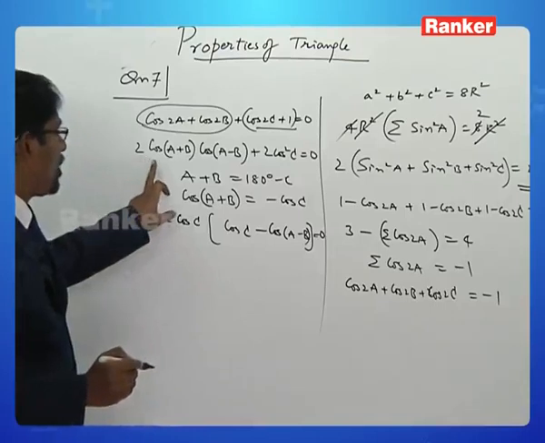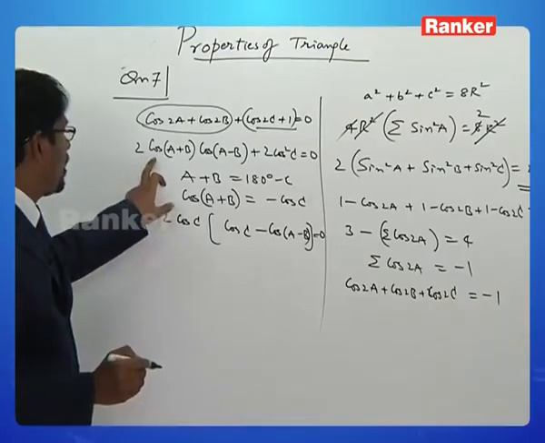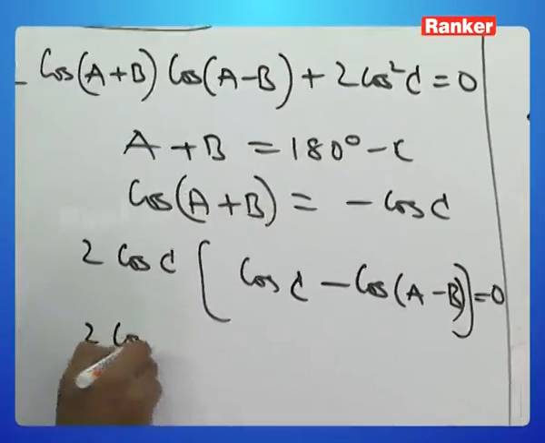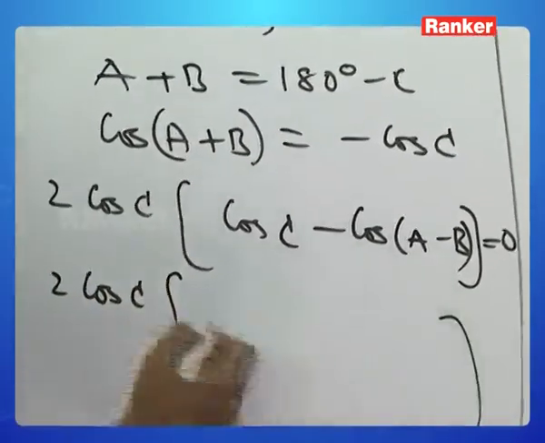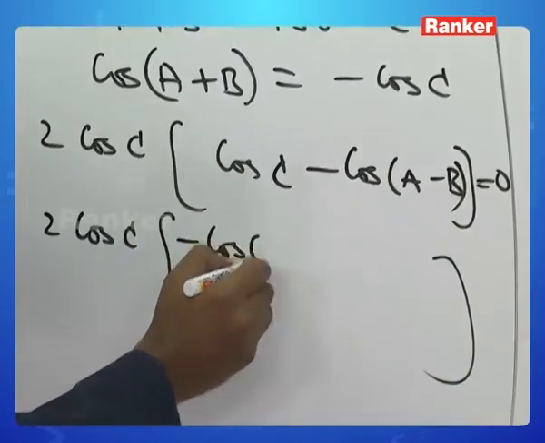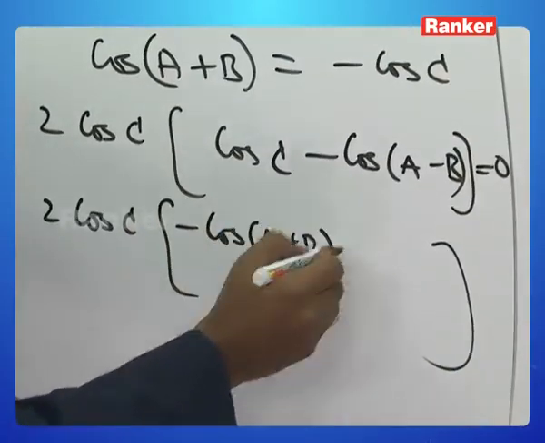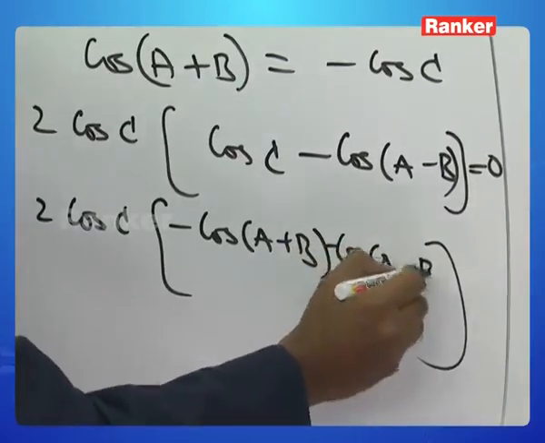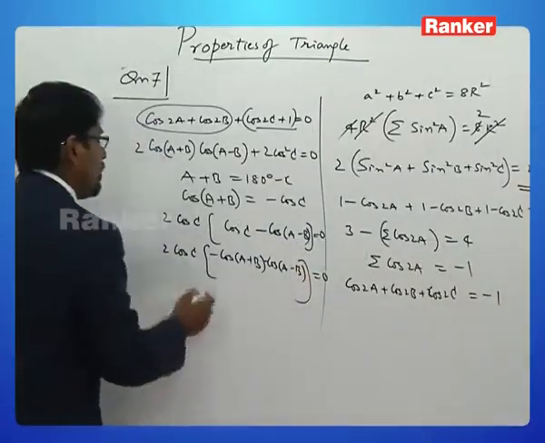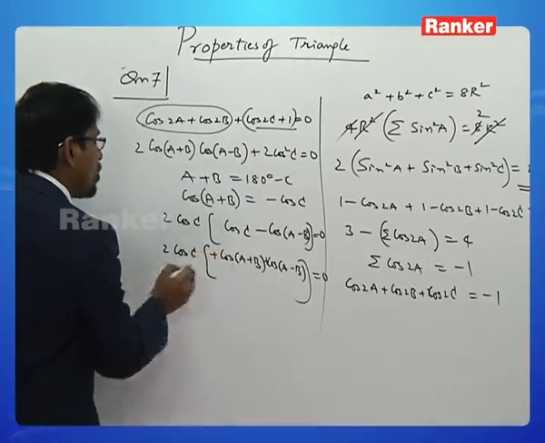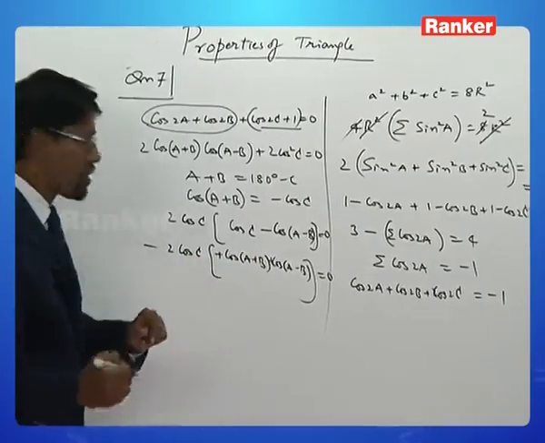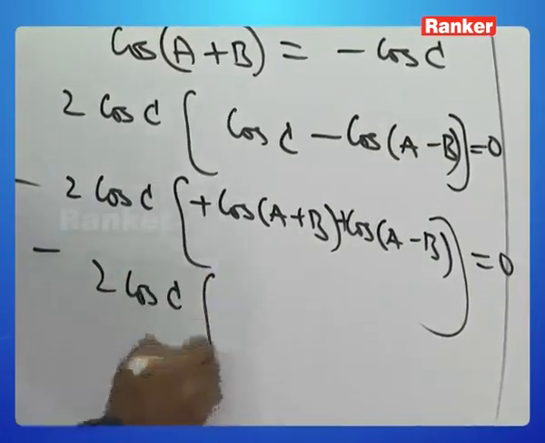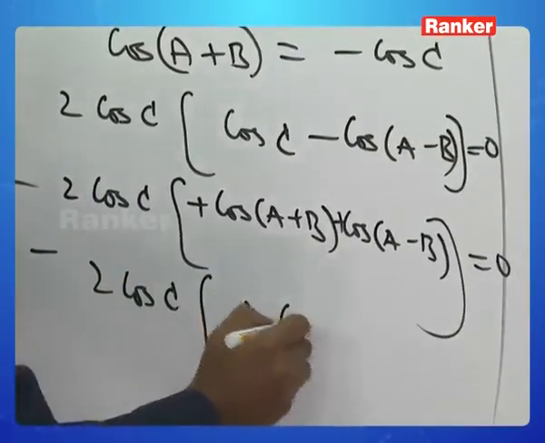So therefore what is it you have here? What is it you can say? This is 2 cos C, and this is minus of cos of A plus B into minus of cos of A minus B, equal to 0. So this minus and minus, I'll take out a minus common and we'll have plus there. That makes it minus of 2 cos C into 2 cos A cos B